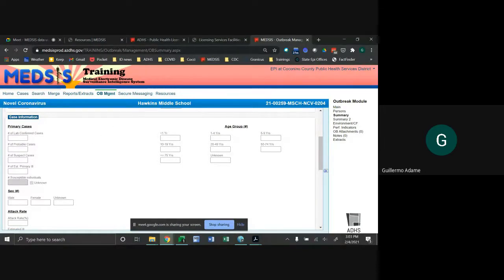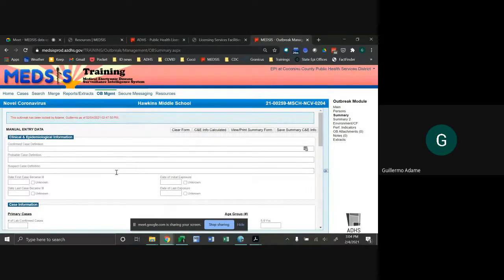Now, a bit of a note about case classification here. For almost all outbreaks, it's expected that the Outbreak case classification will match the surveillance case classification for all cases in the outbreak. However, in rare circumstances, investigators may use an Outbreak case definition in which the Outbreak case classification varies from the surveillance case classification for one or more cases.